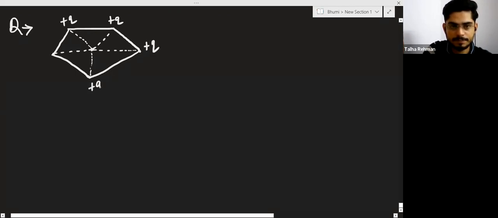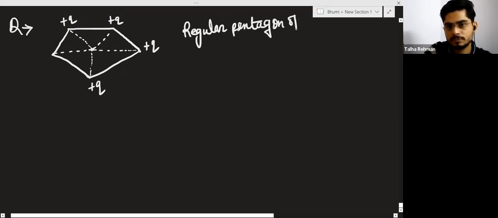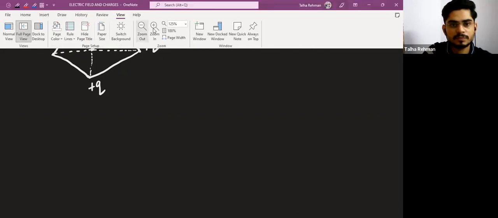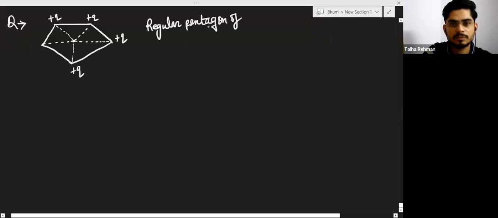Here also a plus q charge is placed. But here there is no charge. This is the regular pentagon of side